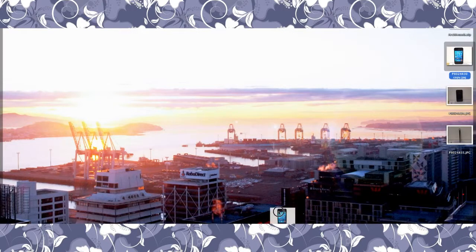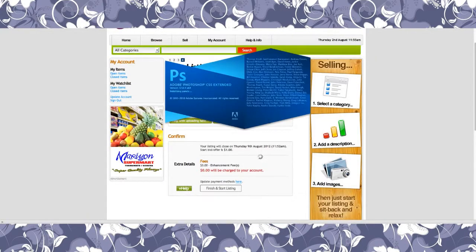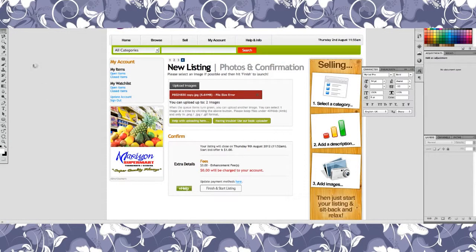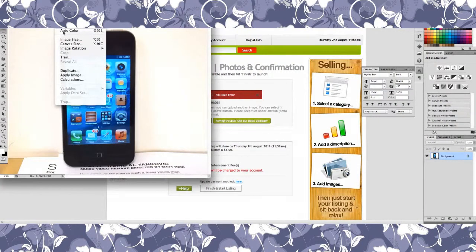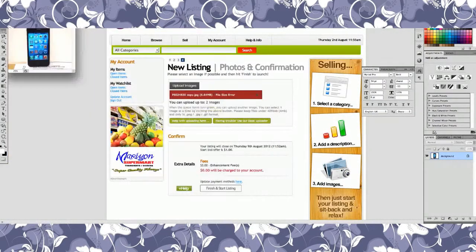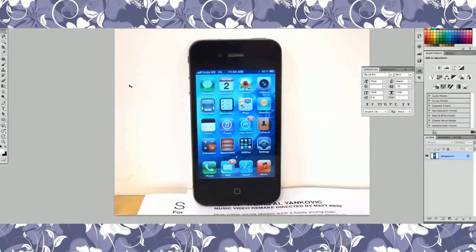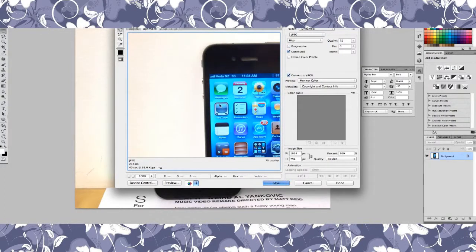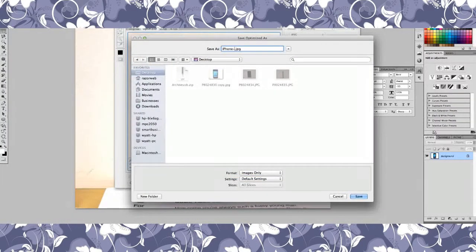So drag and drop it onto your Photoshop application, which you might not be able to see, it's a bit cut off on the capture here. I can go down to image size on my Apple version of Photoshop and set it to say 1024 pixels by 794 and click OK. And as you'll see, it's less big. That's the default size, so it's not as big as it was originally, meaning it'll be a lot smaller in size. So I'll save that image to my desktop again, renamed as iPhone Small,